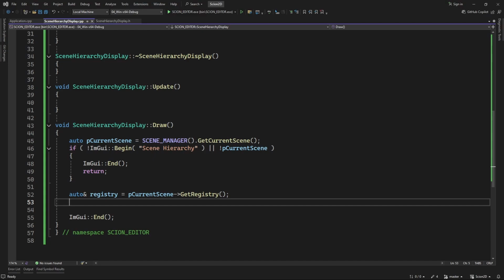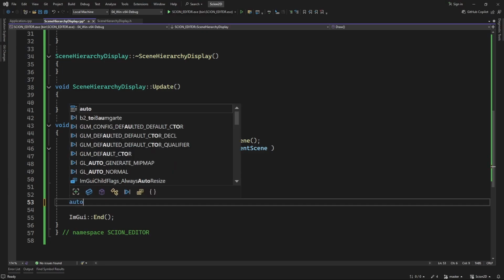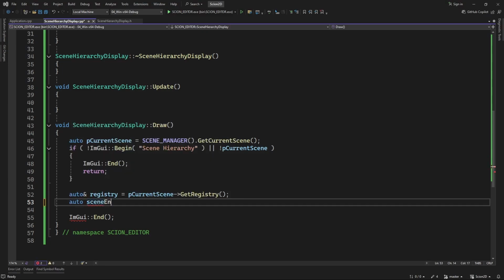And now we want to get a view of the scene entities. But we want to make sure that we exclude entities with tile components, and we might as well exclude entities that have a script component because we don't actually want to see that as an entity to choose. Okay, so we can go auto scene entities, or you can say game objects, and we'll just say registry dot get registry dot view